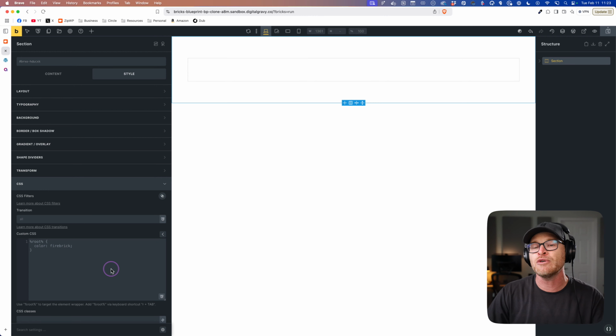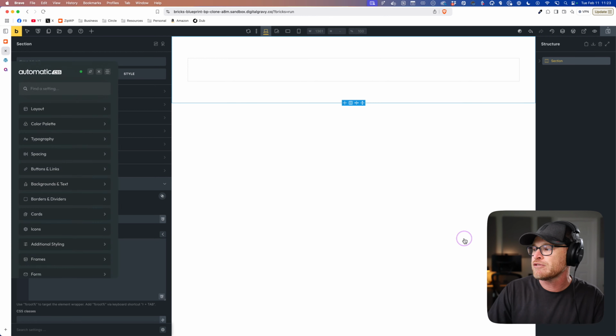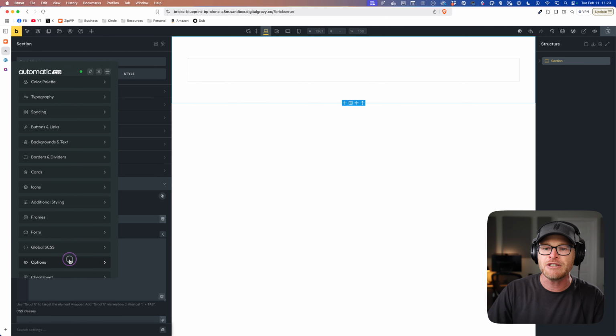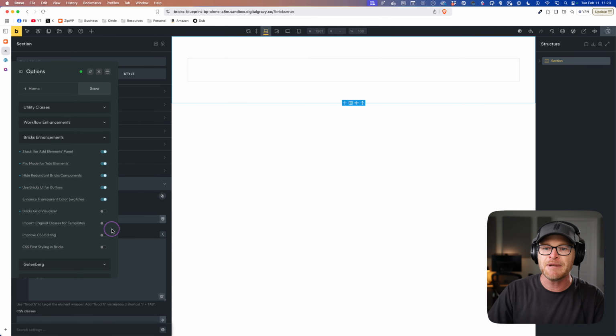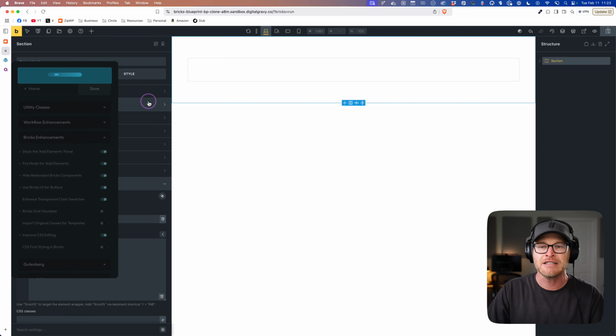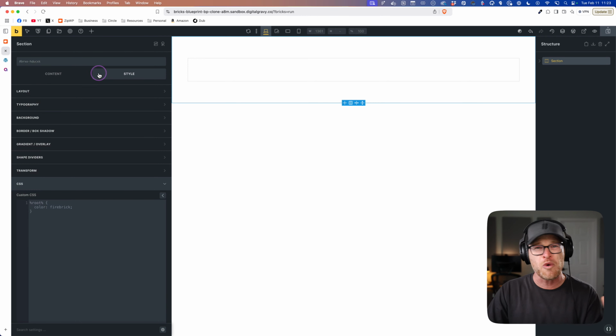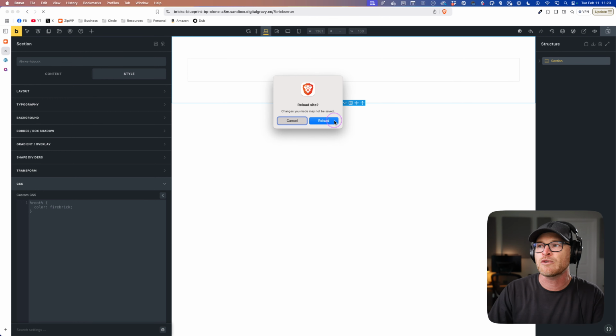But what we can do is at least move this box to a more convenient place, and we can make it bigger because a bigger environment for writing CSS is better, okay? So the way that we're gonna do that is we're gonna go to our options, we're gonna go to our Bricks enhancements. It's another very easy, simple thing. Now I'm gonna do these one at a time. The first thing I'm gonna say is, please improve my CSS editing, okay? So I'll save that. I'm not gonna do them both, because you may wanna do one and not the other, all right? So we're gonna go refresh.